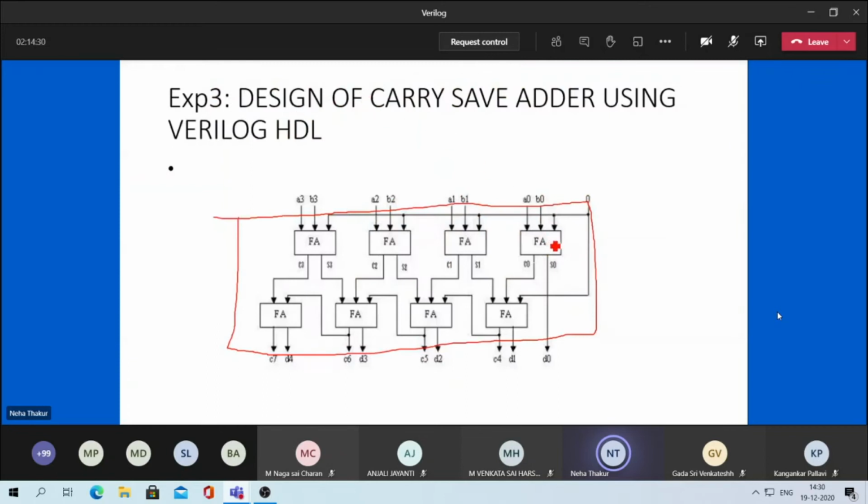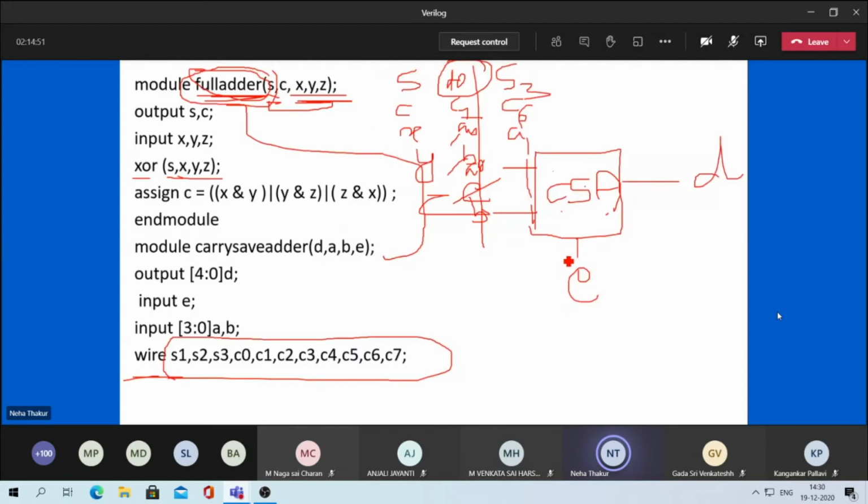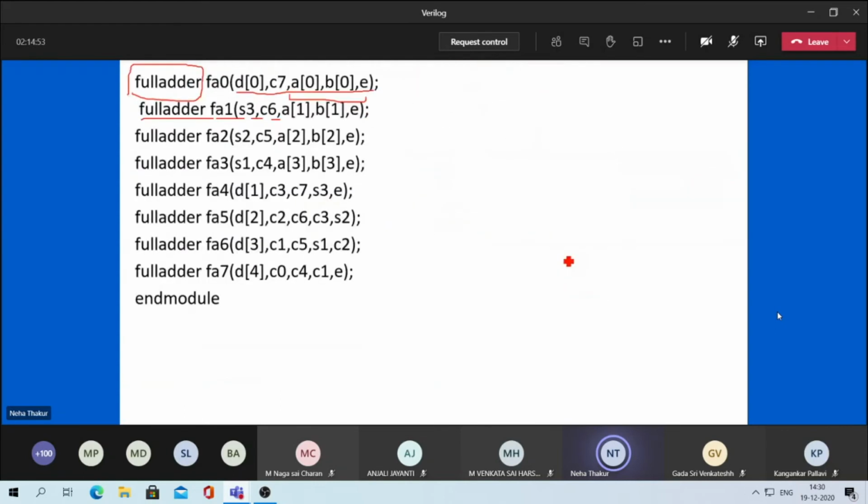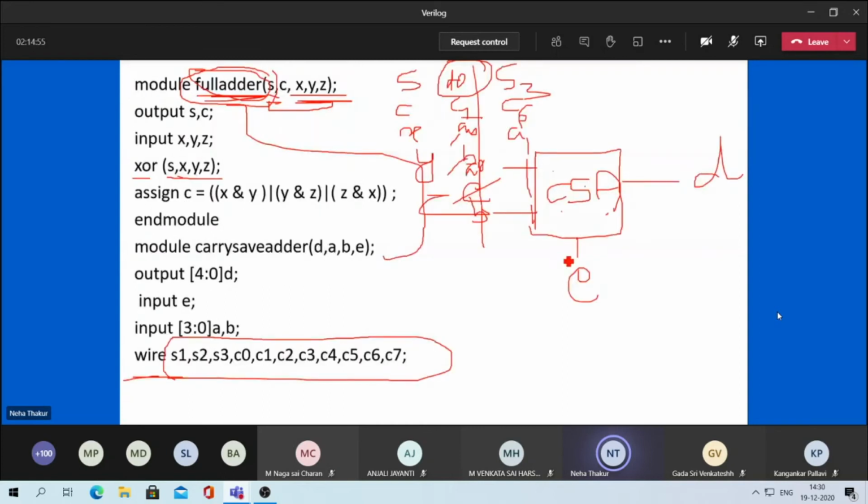See, if you are writing for this, what is the condition? They have made the diagram here: for full adder 0, your output is D0, and here it is C0. Now here you may find it confusing: here it is C0, A0, B0, E, but if you look into the code, here it is D0, C7.